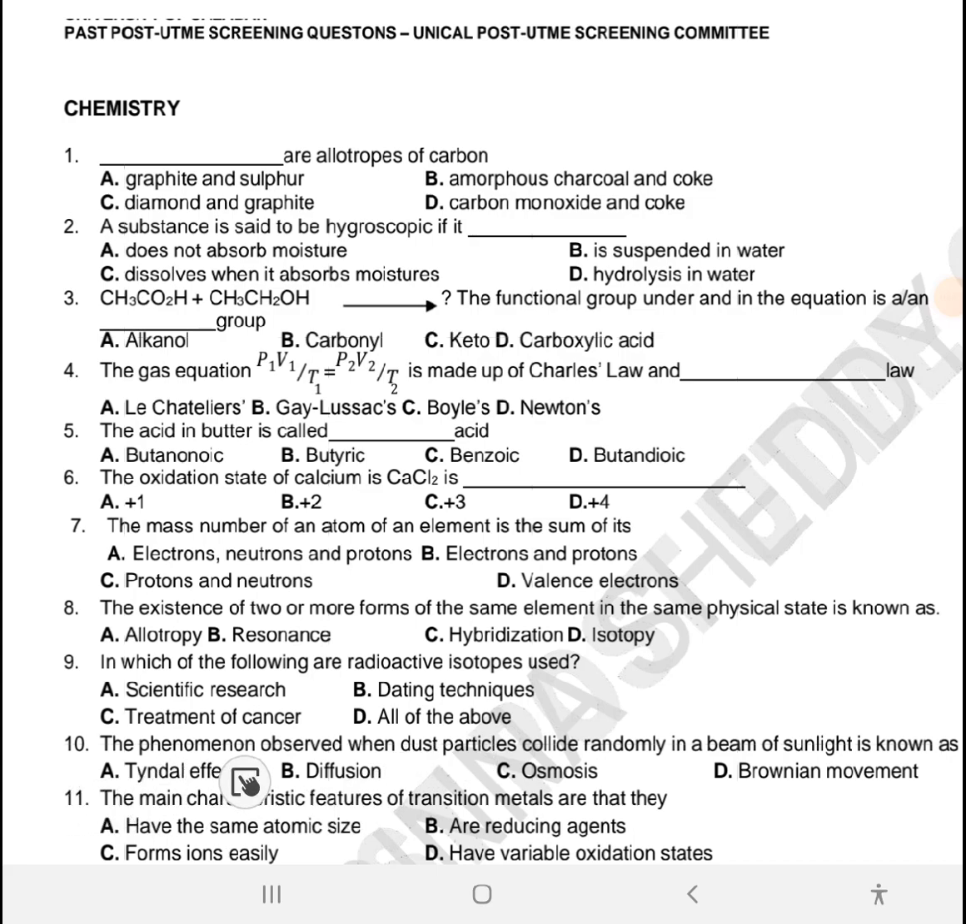Then the phenomenon observed when dust particles collide randomly in a beam of light is known as the Tyndall effect. The Tyndall effect is when dust particles collide randomly in a beam of sunlight. Tyndall effect. I'm going to be stopping here so that the video will not be too